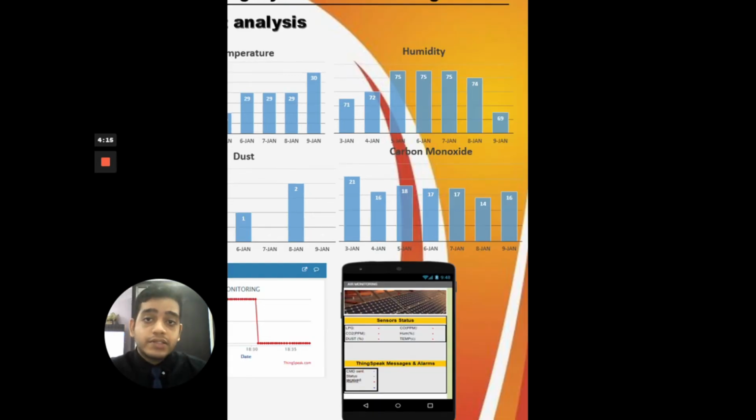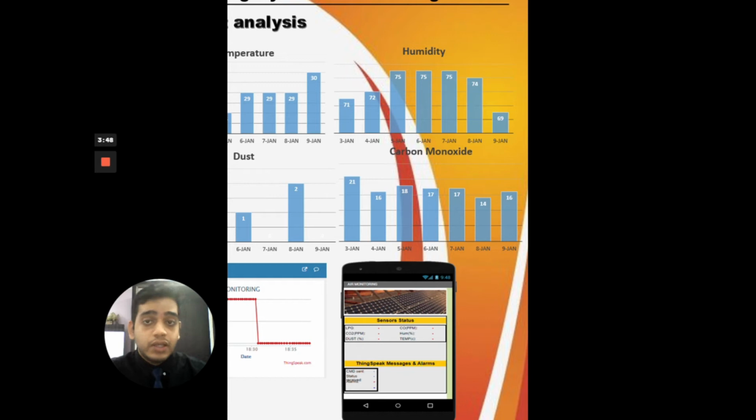Moving on to the next graph, which is the humidity. Humidity is temperature dependent. The relative humidity increases when the water vapor content remains the same and the temperature decreases. The relative humidity decreases if the water vapor content remains the same and the temperature increases. It's because colder air doesn't need as much humidity as warmer air. On the first day, the humidity is at 71%.